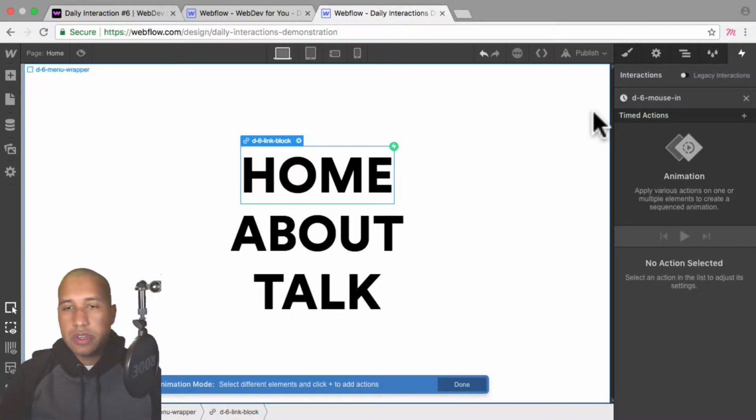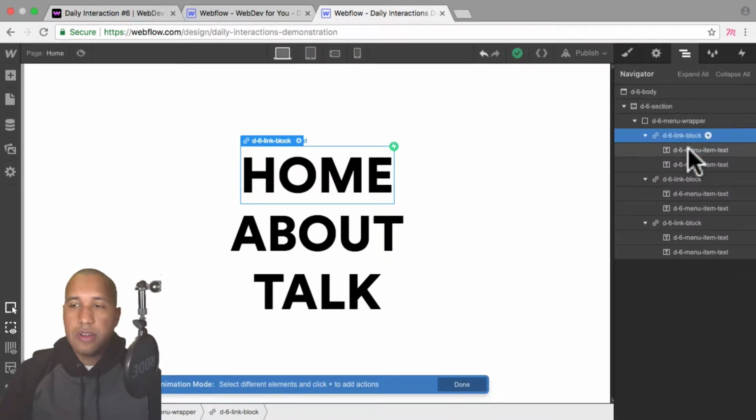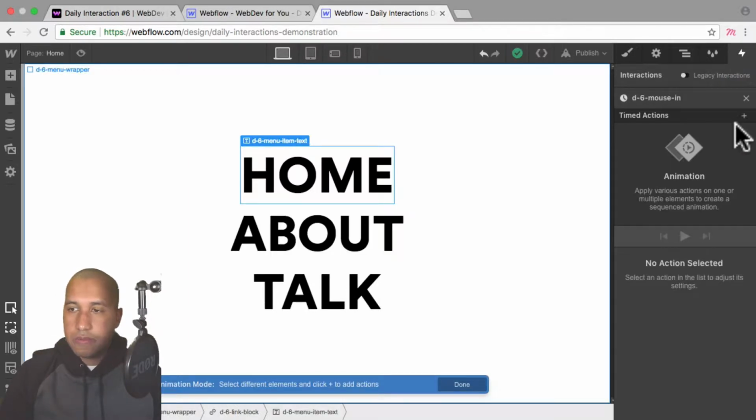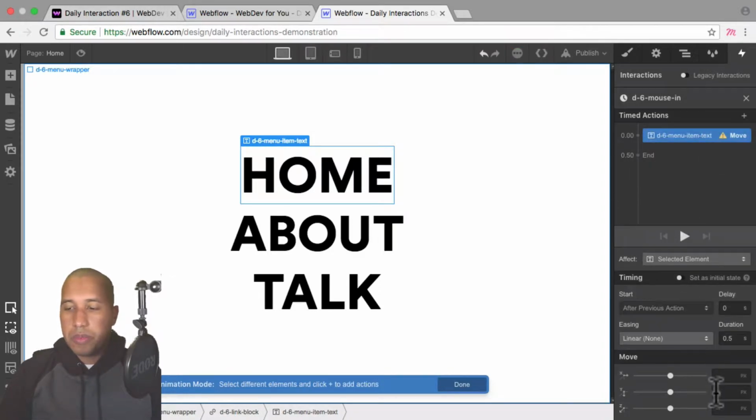Okay, so on mouse in, I want both the first text block and the second text block to move up 100%. So all I have to do here is click the plus, or actually I have to select the text first. So I'll select D-6 menu item text, go into the interaction. Here for the timed action, I'll click the plus, I'll say move, and I'm going to move it up 100%.